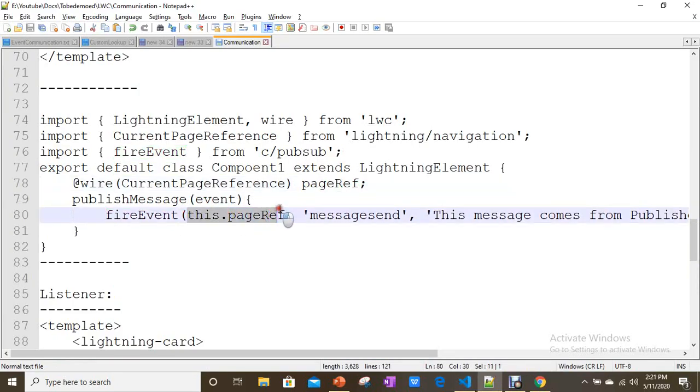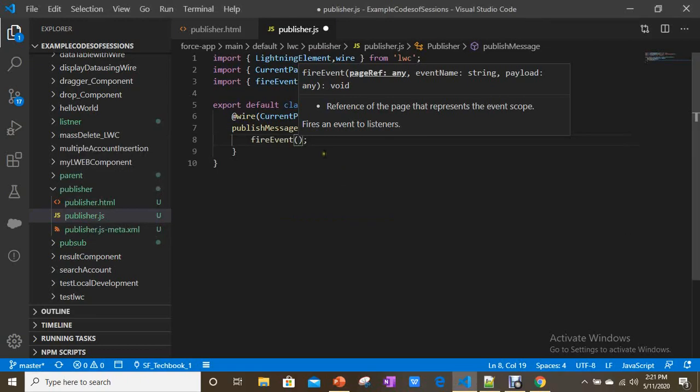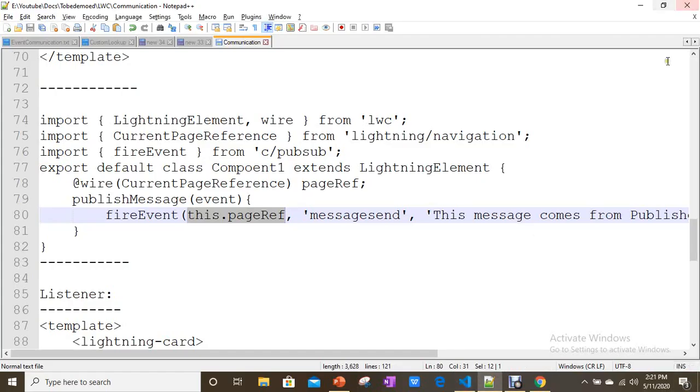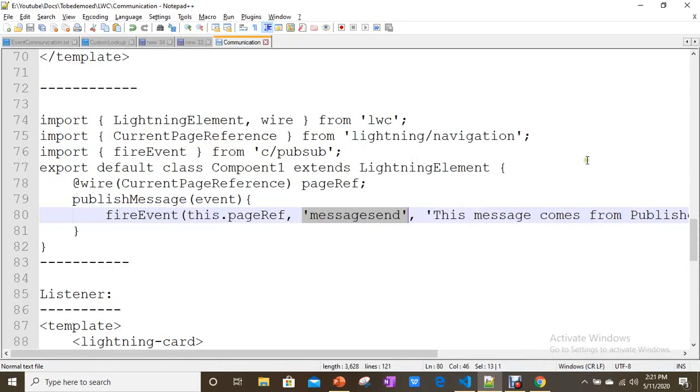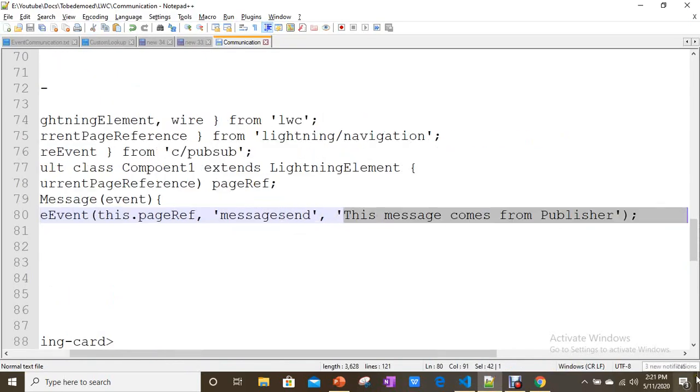This is the one, this.pageReference simply, and event name here. Another one is, see here, page reference, any event name, after that payload. Payload means a message here. What is the message you want to send here?